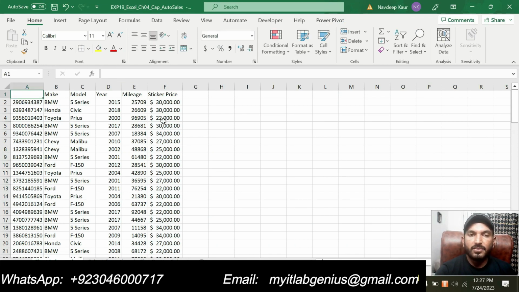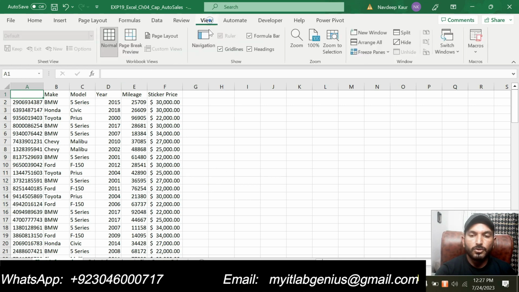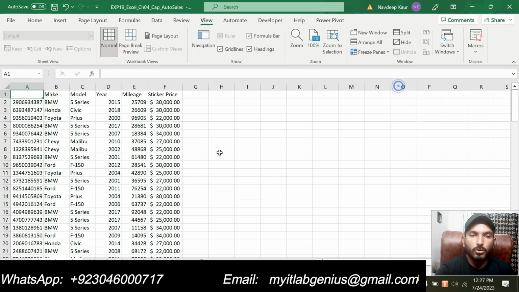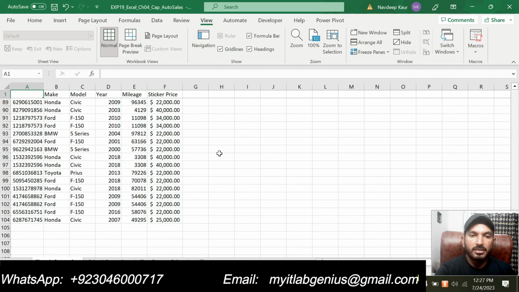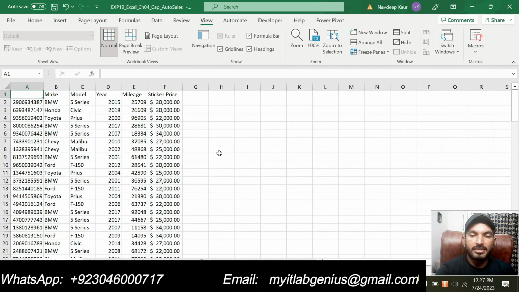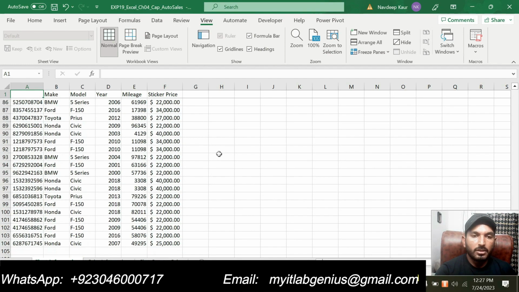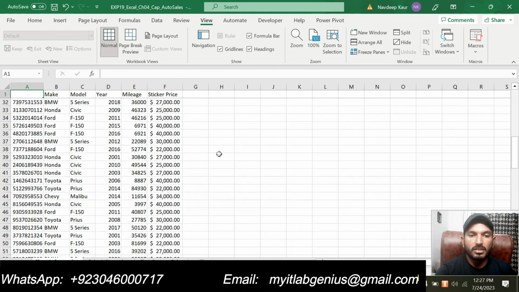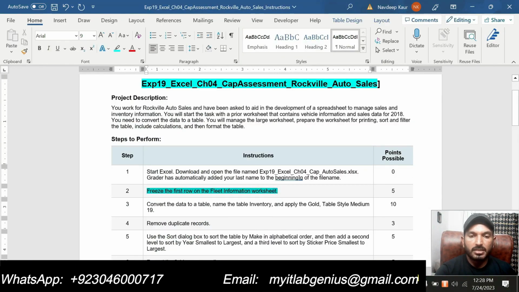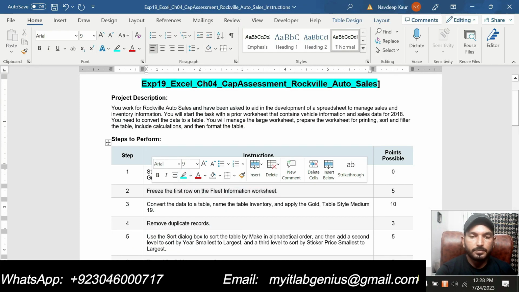We will click cell A1 and then go to the View tab, then Freeze Panes and Freeze Top Row. You can see that now row 1 is static and it is not moving with the other rows. So we have frozen row 1, the top row that has the column headings. So let's move to the next step, step number 3.